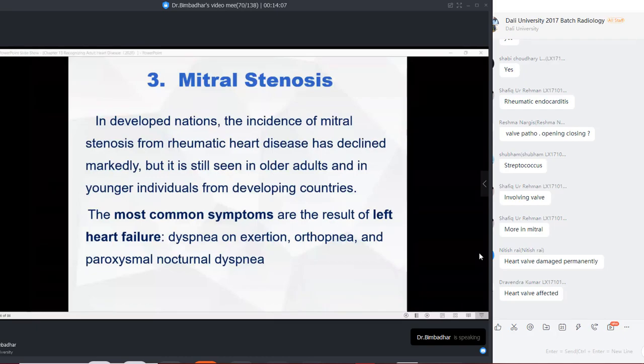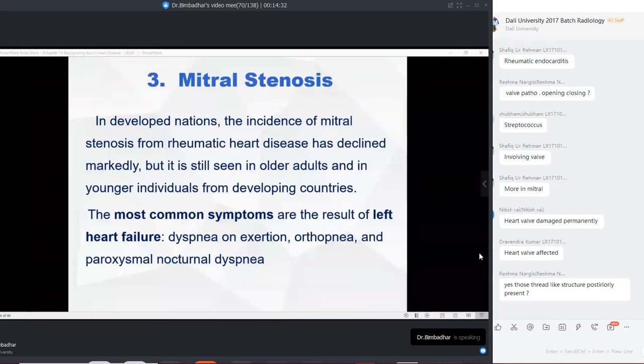Rheumatic heart fever is entirely different from rheumatic heart disease. Okay? Yes, they are interrelated, but they will be seen as two different entities, rheumatic heart fever and rheumatic heart disease. One of the risk factors for development of rheumatic heart disease is rheumatic heart fever. So the main reason behind is